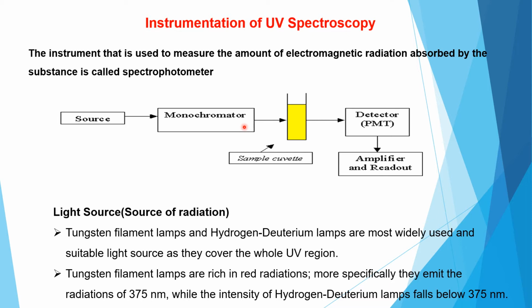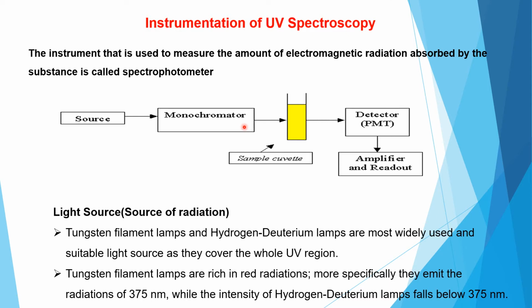These electronic excitations are accompanied by vibrational and rotational changes that result in a relatively broad spectrum. The absorption spectrum is the graph of absorption, that is, the amount of light absorbed versus the wavelength of light. And today we will see how we can record the UV visible spectrum by using a spectrophotometer instrument.